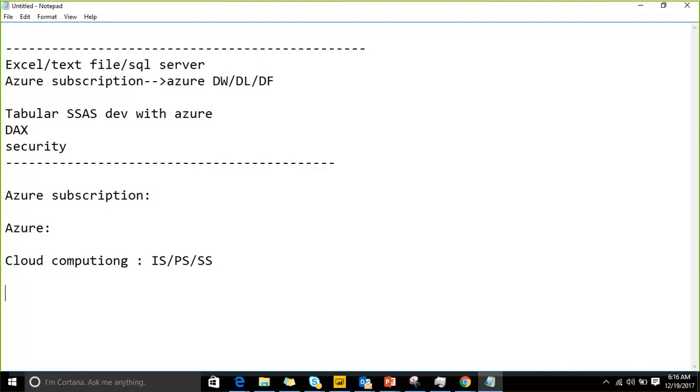Now, what are the different services which are available with Azure? In order to use them, you require an Azure subscription. You need an Azure account, so that you can create whatever you want or consume whatever you want. First of all, Azure contains what are all the things, nothing but